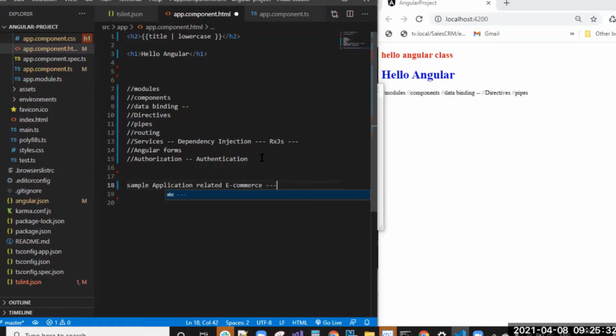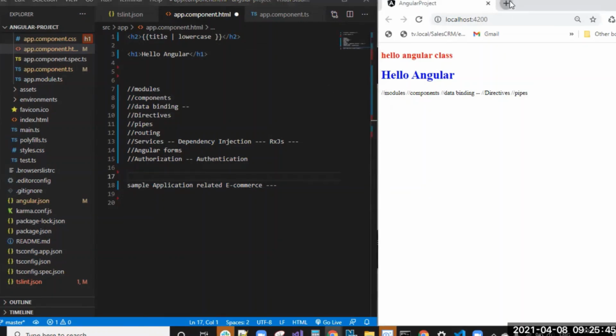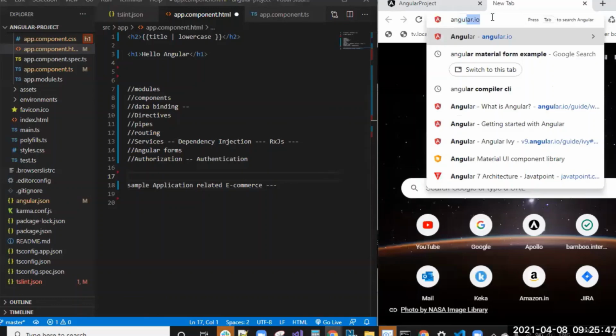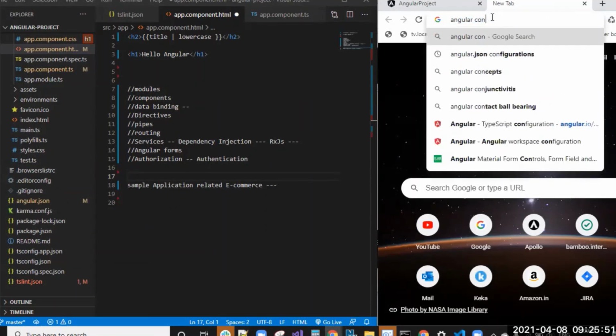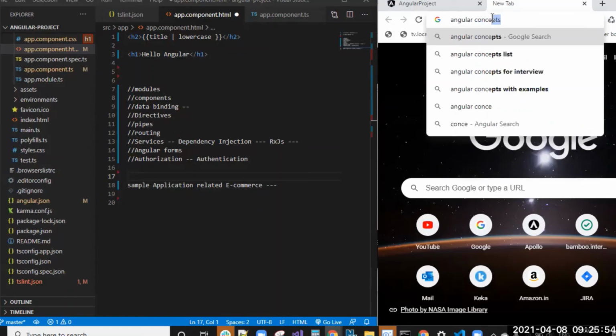If you have any doubts, I will clear the doubts. After completing all this, then you will be good with Angular. If you go to any Angular concept, you will get this mostly. We'll see Angular concepts.